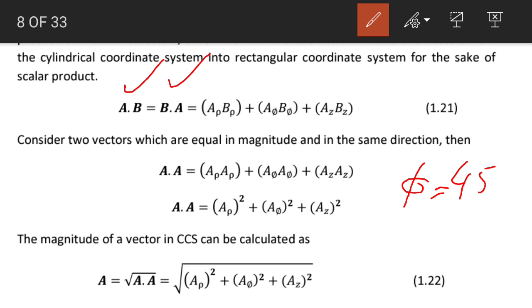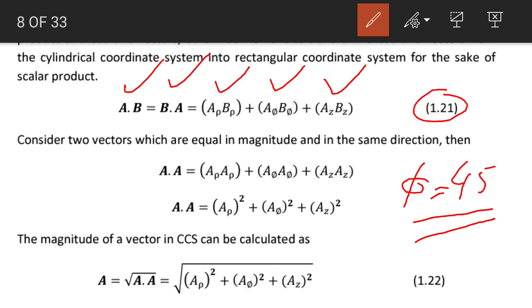So let's say phi is 45 degrees for A and 45 degrees for B. If this condition is satisfied, then we can find the scalar product of these two vectors directly in the cylindrical coordinate system, and the scalar product is given in equation number 21. The scalar product will be equal to A rho B rho plus A phi B phi plus AZ BZ, and you guys can simplify this scalar product